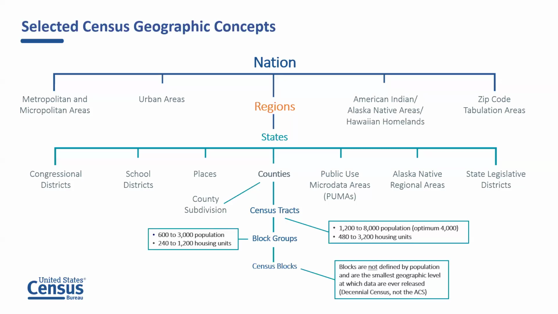Okay. Now, this is a diagram that highlights our various geographic concepts. It shows you the hierarchy of census geography and displays the relationships between them. If you're looking at the main spine, this shows how each entity nests within each other. There are no overlapping boundaries, whereas the horizontal lines are the entities that may cross boundaries. For example, a census tract may cross over a city or a school district boundary. But note, the smallest entity is the census block.